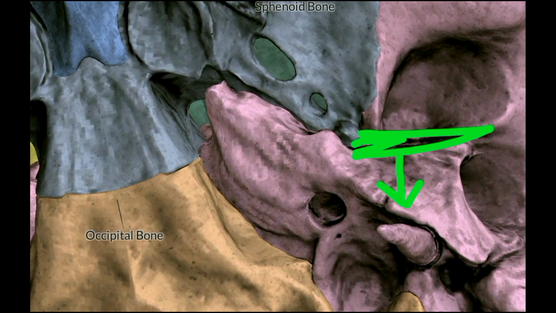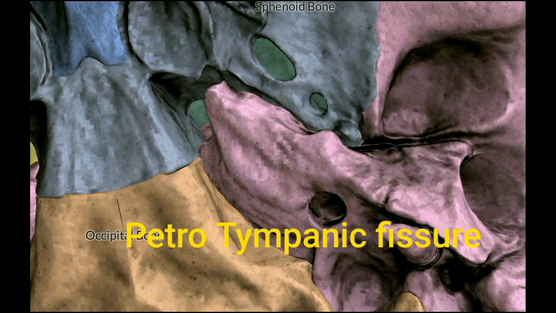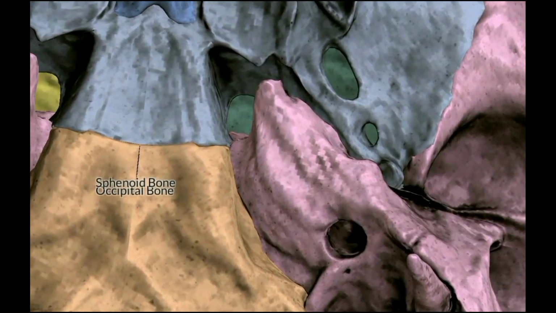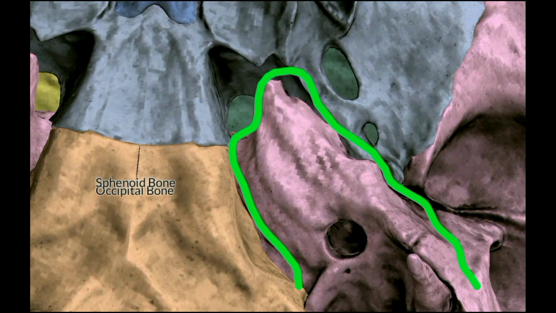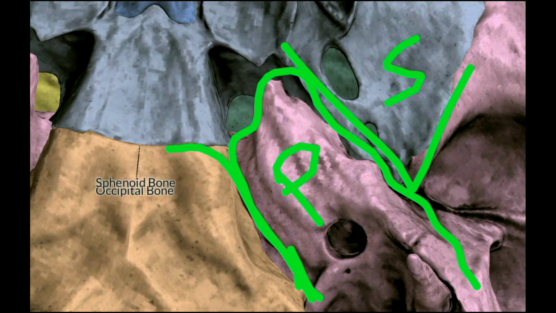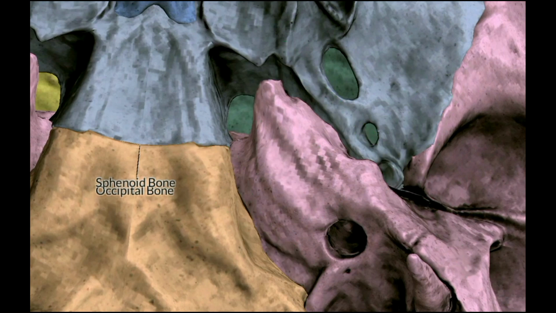A brief revision: the squamotympanic fissure is divided by the petrous bone into the petrotympanic fissure posteriorly and the petrosquamous fissure anteriorly. Why am I stressing this? Because it is very difficult to appreciate these features. Try to appreciate that and remember. The petrotympanic fissure transmits three structures: the anterior tympanic artery, the anterior ligament of malleus, and the chorda tympani. Coming to the petrous part here, it articulates laterally with the sphenoid bone and medially with the occipital bone. You can see sphenoid, petrous, and occipital.